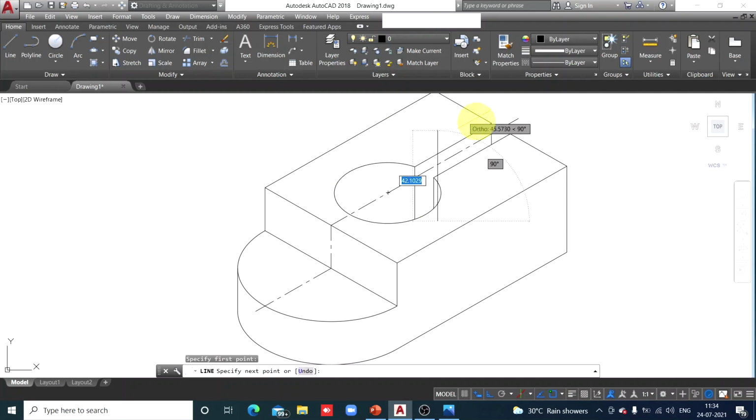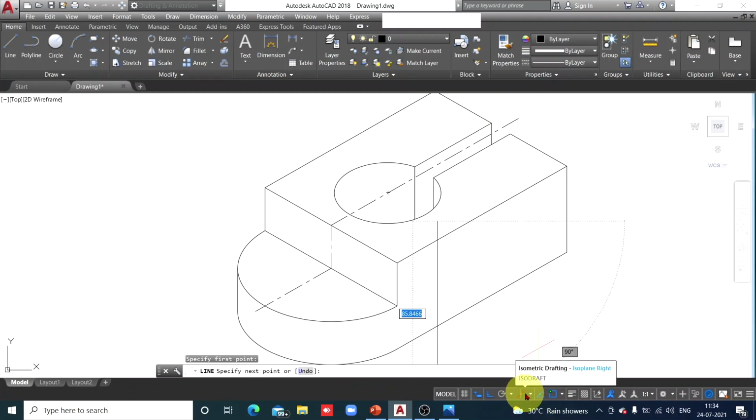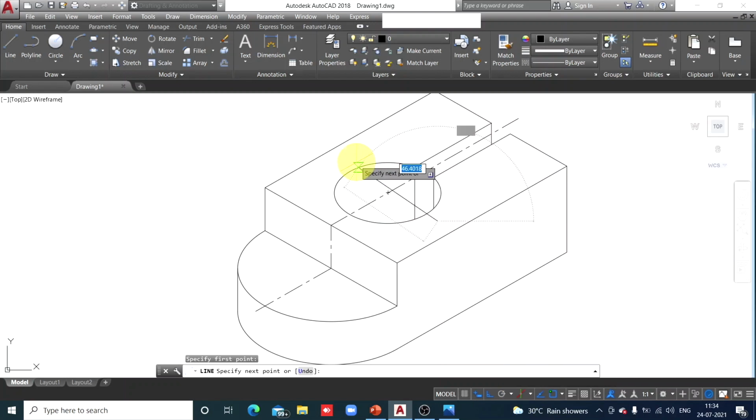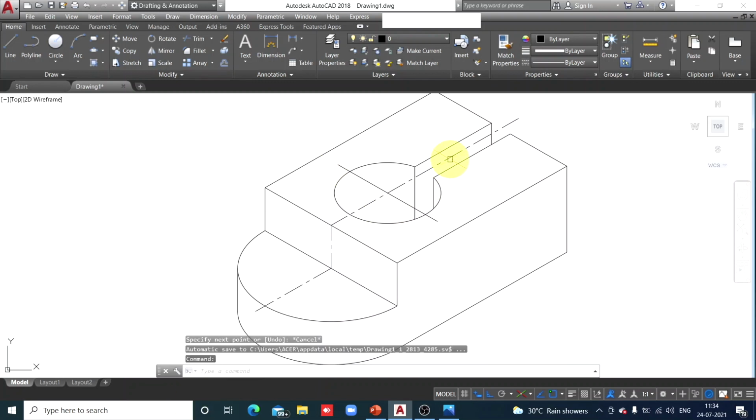Now check here. It is the length and height plane you have created, and that is why you will not be able to draw a line parallel to width. So select the plane where the width axis is available. So the width axis is iso top. Okay, and slightly outside the boundary you click it. Now match properties.